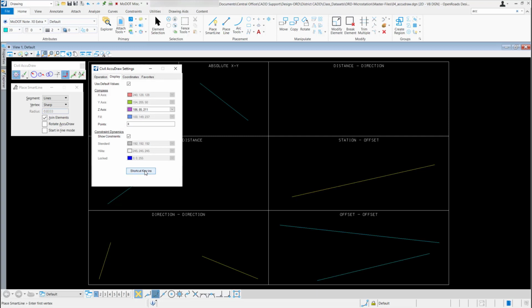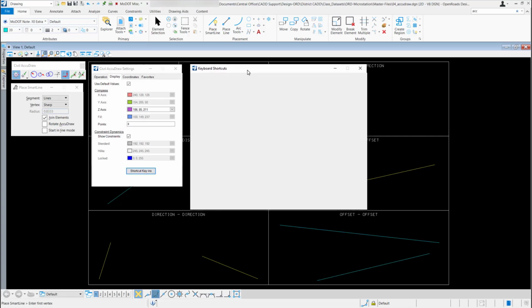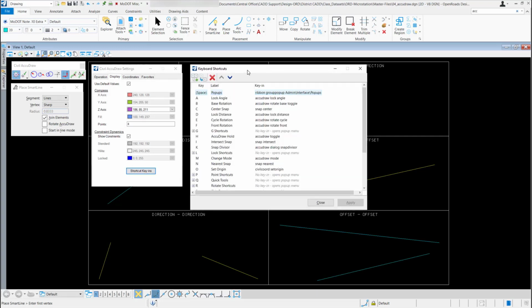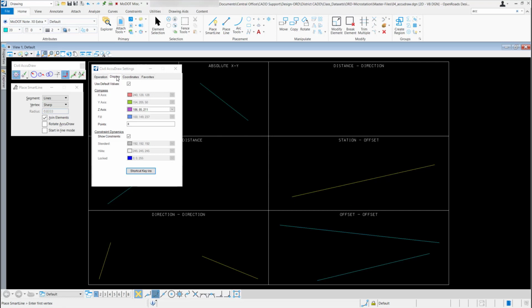If I select that, it will bring up all the keyboard shortcuts that AccuDraw and Civil AccuDraw use. We're not going to go over all of these right now, but we will use some of these when we start drawing using Civil AccuDraw and MicroStation AccuDraw. So I'm just going to close this one, and we'll switch to the Coordinates tab.